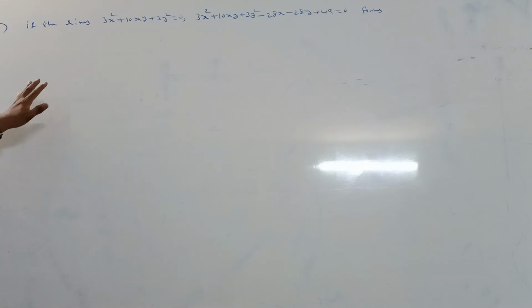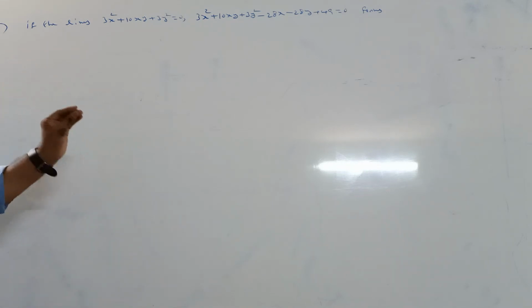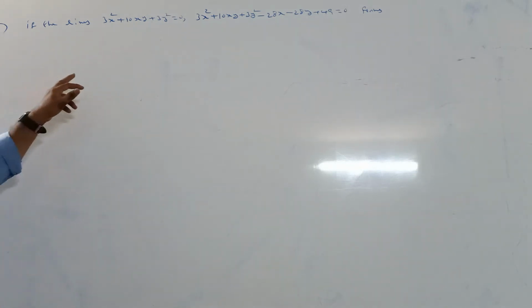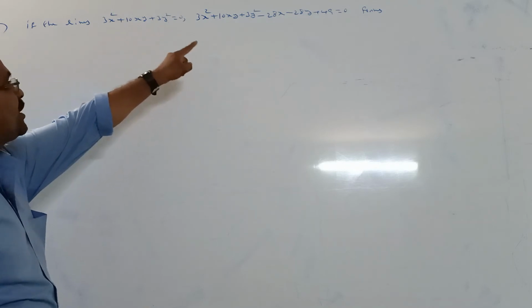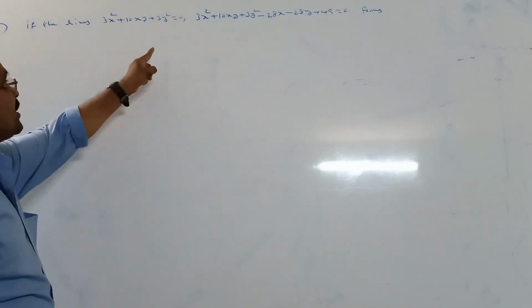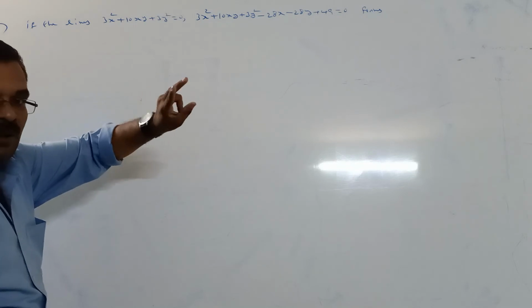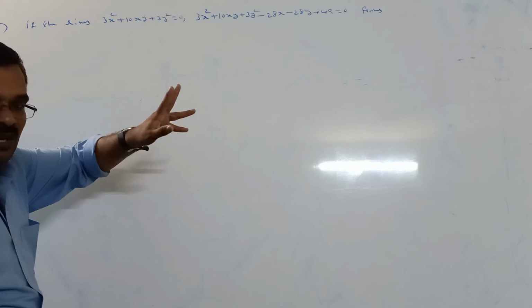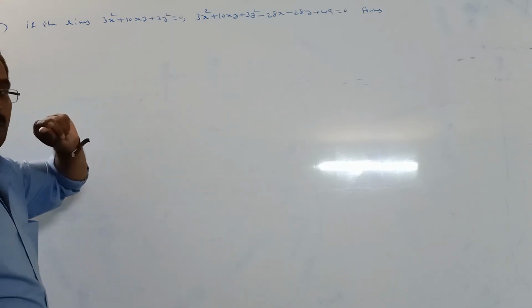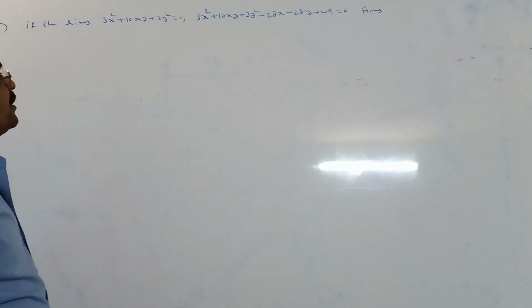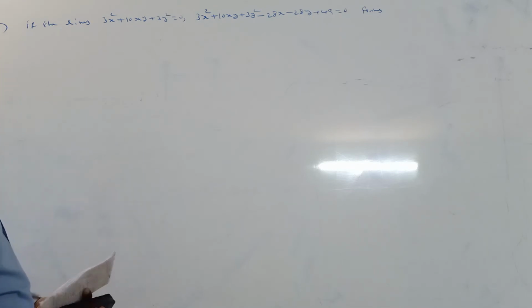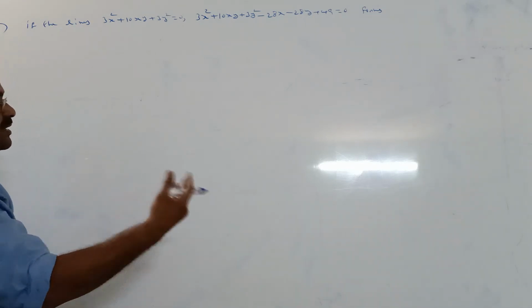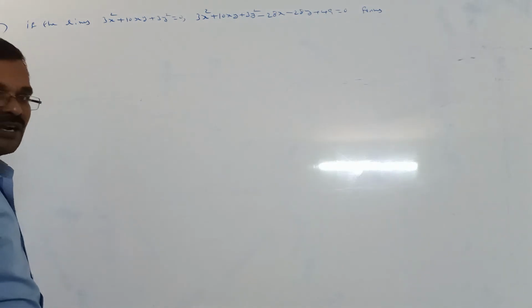Here, totally 4 lines. These 4 lines form which type of quadrilateral? That is our question. You observe that in both the equations a + b value is not equal to 0. If a + b equals 0, they would be perpendicular lines. Perpendicular lines form always a rectangle or square. Not perpendicular lines form always a rhombus or parallelogram. So for this type of questions, by using our synopsis point, we should find that.